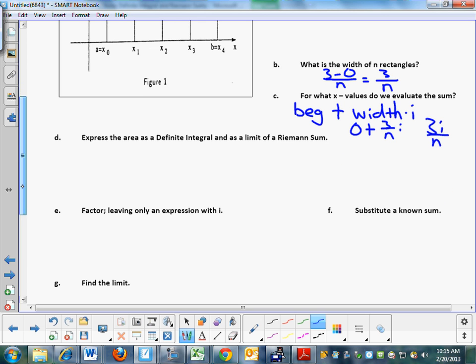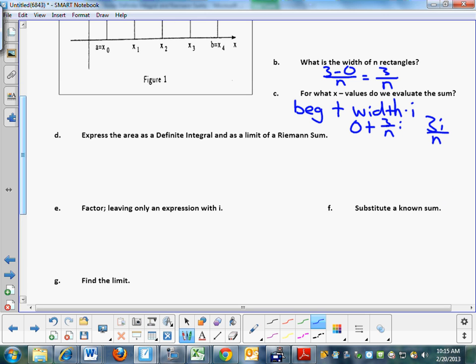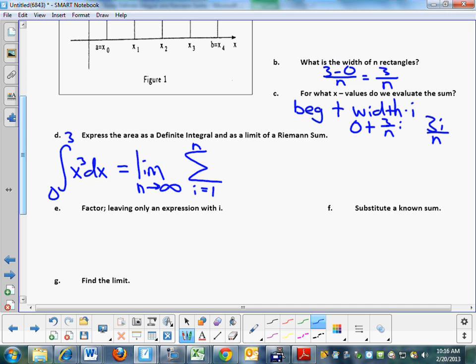Now we can express the area as a definite integral. Definite means it's bounded. So we draw this symbol. That's an integral sign. What number goes on the bottom? 0. What number goes on top? 3. What function goes in the middle? x to the third. Then what do I put? dx. That's shorthand for writing all of this: the limit as n goes to infinity of the summation from i equals 1 to n of